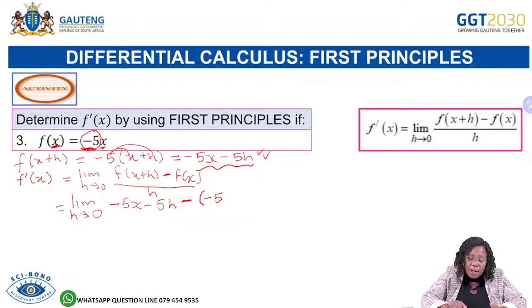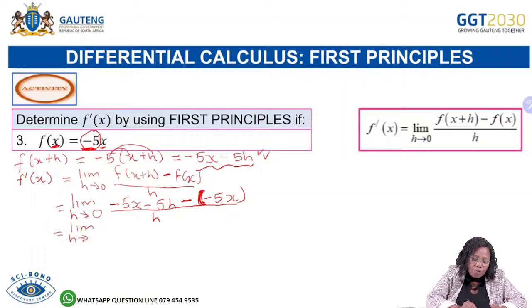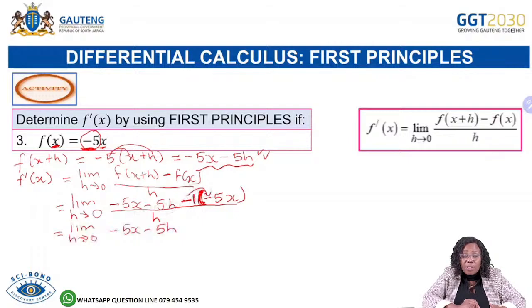Then it will be minus negative 5x there. That bracket is very important, grade 12. And then over h. And then after this step now, you need to remove the brackets there. By distributive law it is minus 5x minus 5h, a negative times a negative there. Remember there's a 1 there. It's a negative 1 actually there. So it's minus 1 times negative 5, which is positive